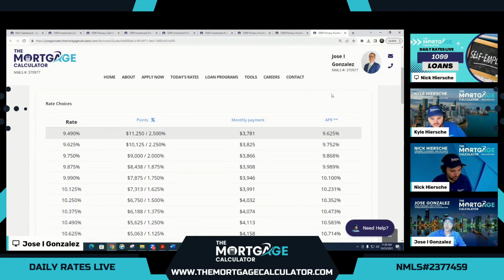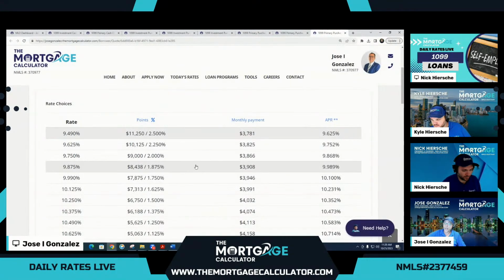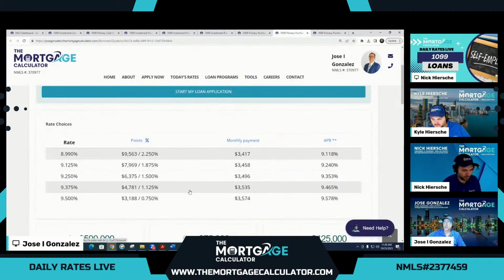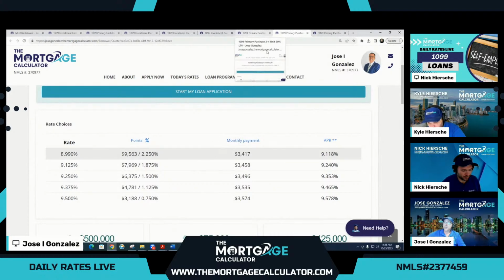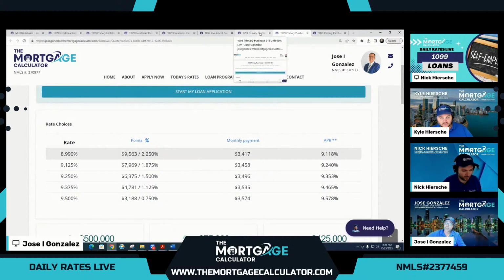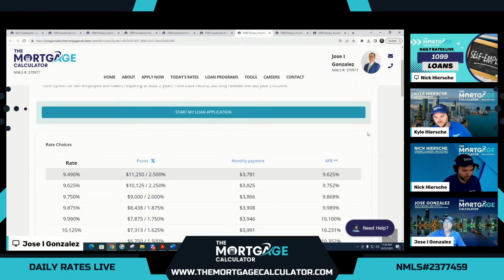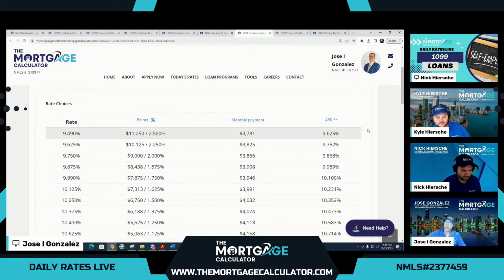And let's go back to our other option here. 9.5 basically is costing 2.5 points and is our lowest cost option, whereas in this case, this is our lowest rate option. And this one, 9.5, is our lowest cost option, and we can buy it down considerably lower than that for 2.25. So definitely always good to show your borrower different LTV options so that they can possibly go for the lower rate. And now I wanted to just show here how our 2 to 4 unit is the same cost.